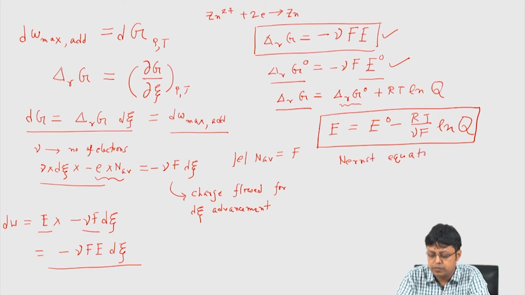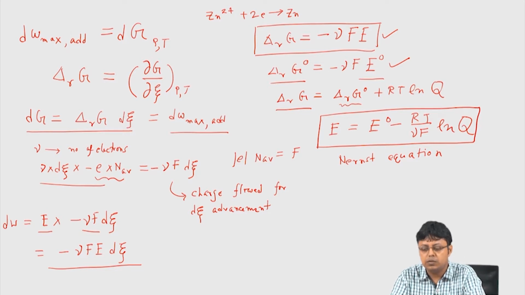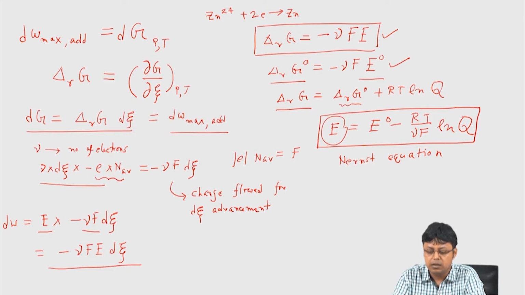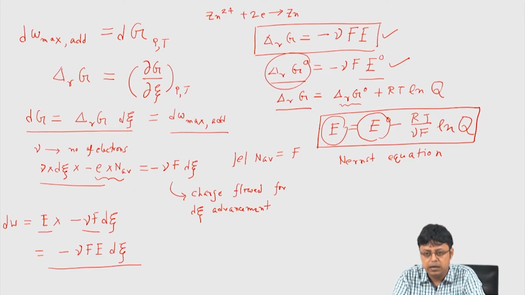So, it is the Nernst equation for electrochemistry, and what you see here, I can actually connect the potential drop, which is known as electromotive force. We will come to that. Electromotive force, right now we are discussing for the half cell, is equal to the standard electromotive force, which is directly connected to the standard Gibbs free energy change, minus RT by F, which are always constant, and nu, which is nothing but the change in the number of electrons in the stoichiometry, which in this case is 2 in the example of zinc 2 plus going to zinc, and then ln Q,